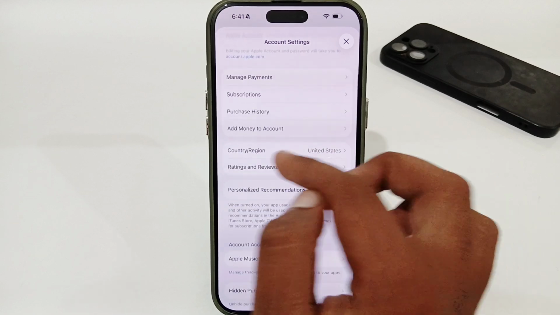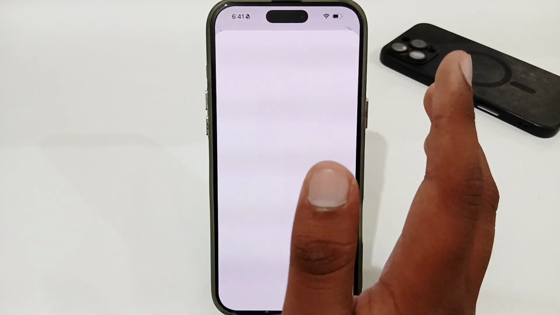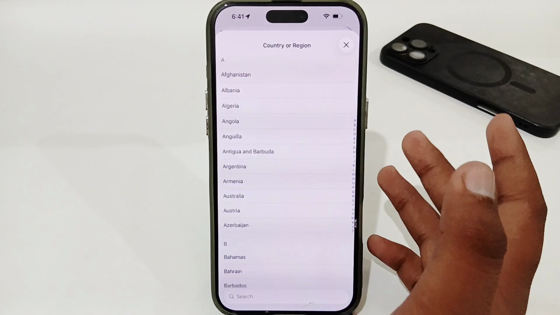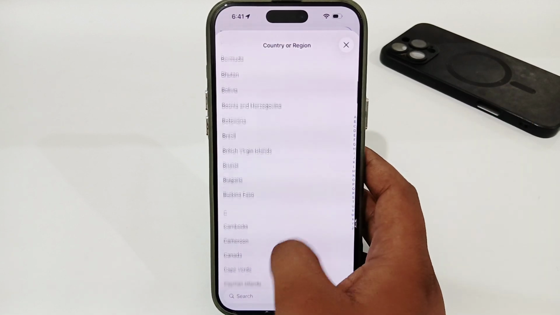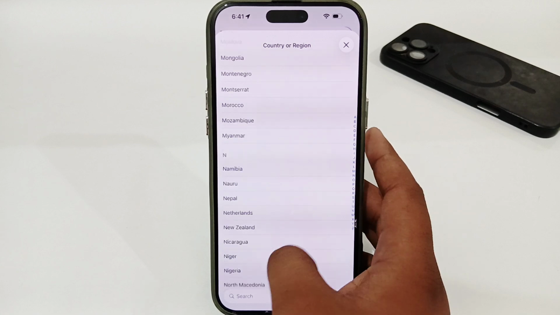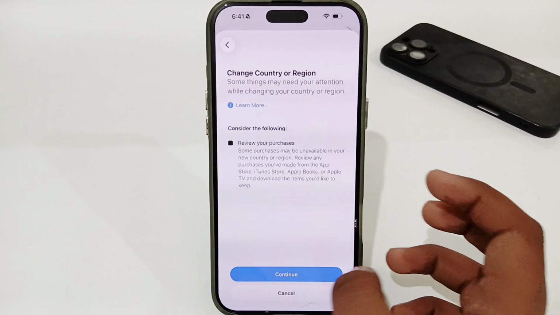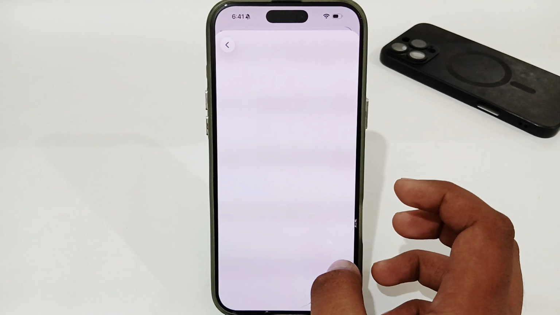So once you have that, simply tap on the Country or Region option, or you have to change the region or country respective to where you're living. So just scroll down and look for the country or the region in which you're living. Once you get it, simply tap on it to select that, then tap on this Continue option,